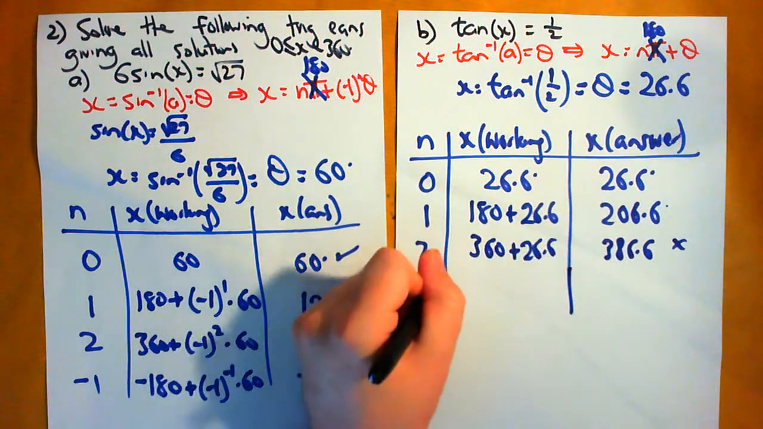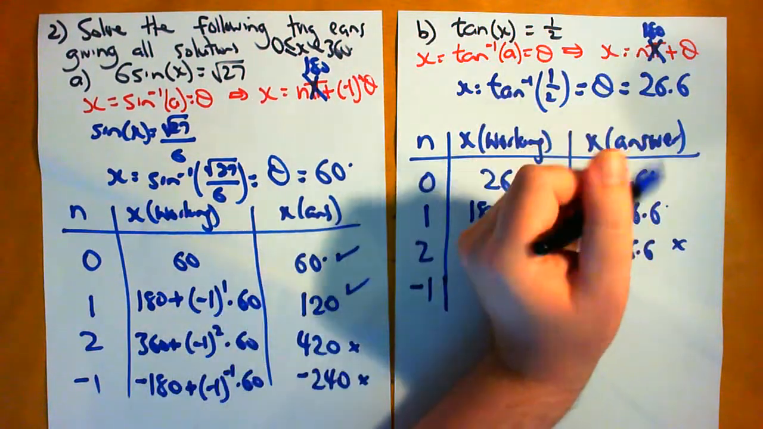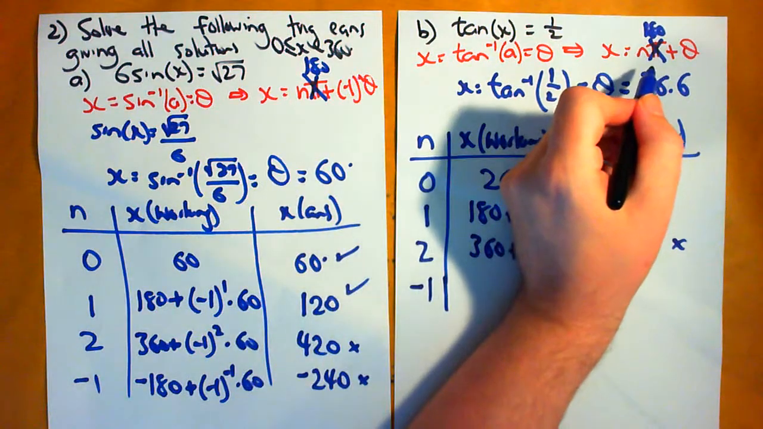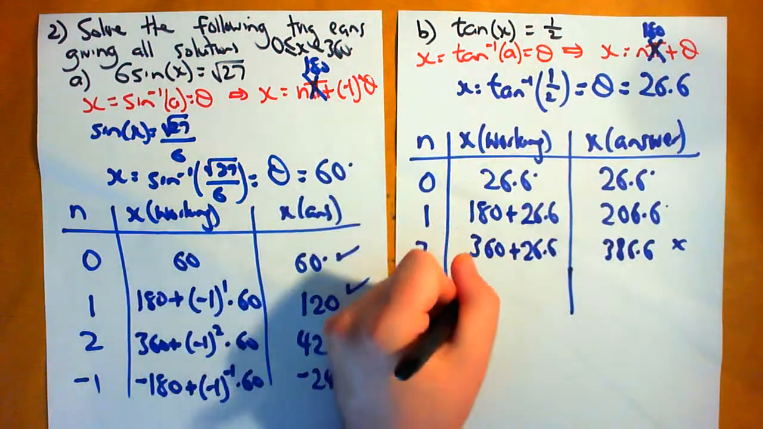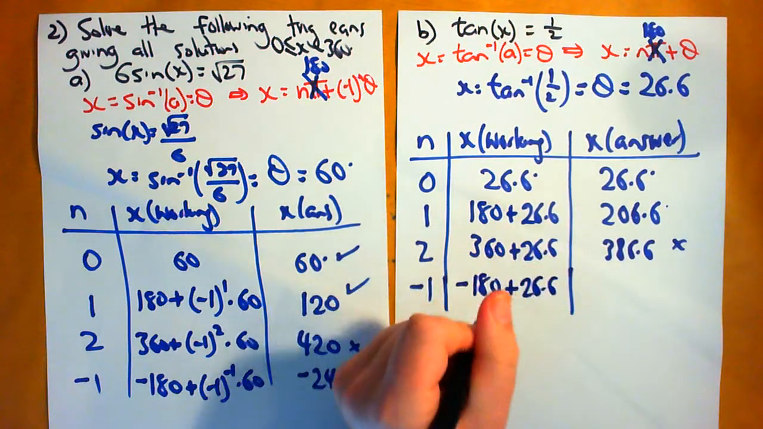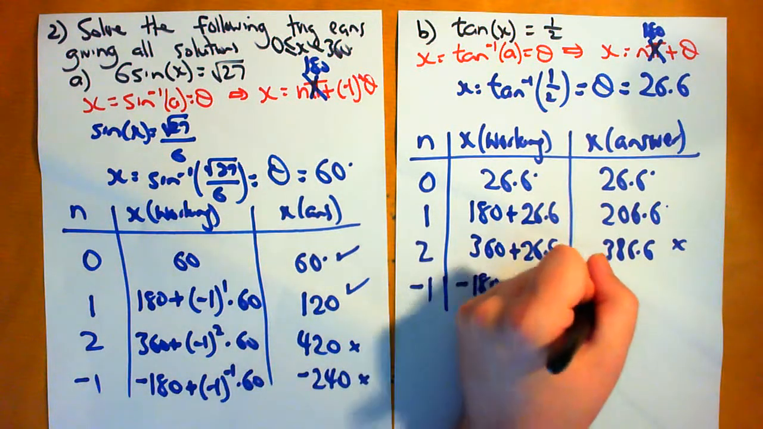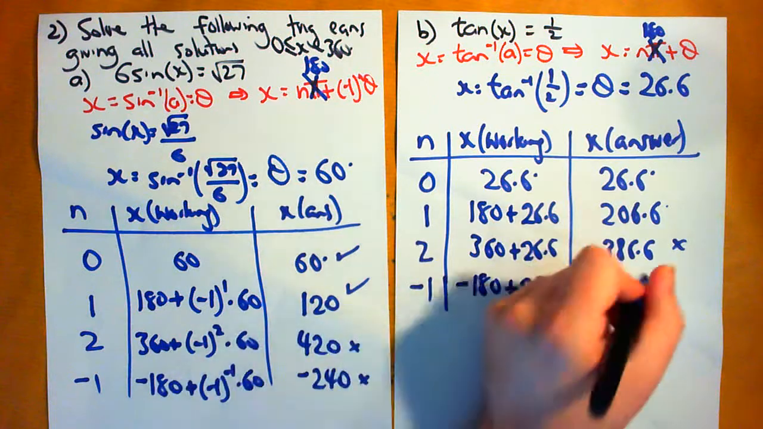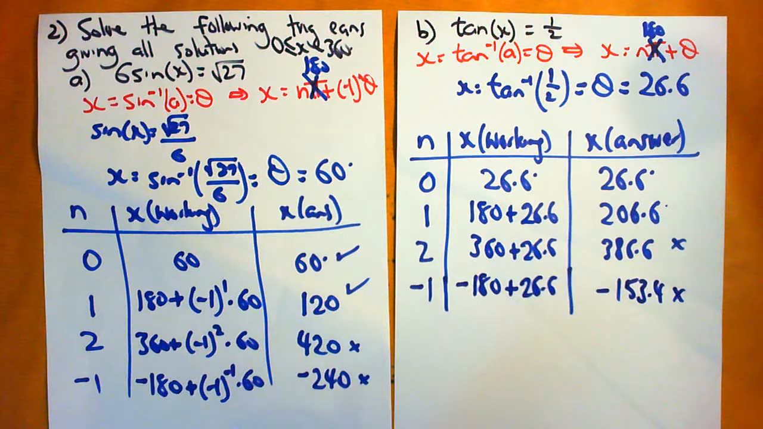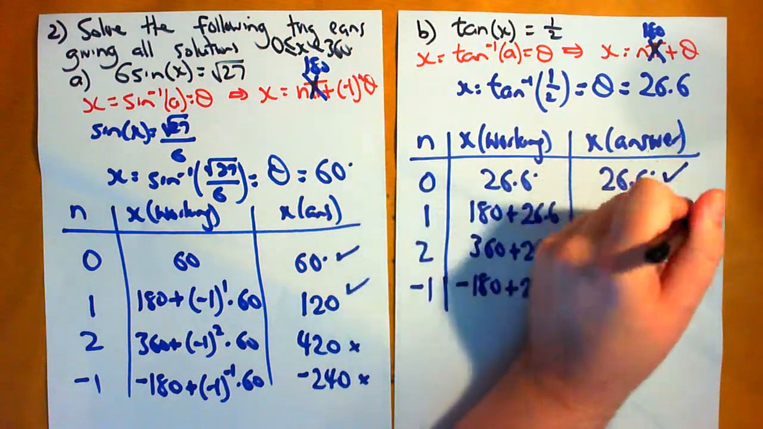Now let's go back to n equals -1 to make sure that we don't have any solutions between 0 and 26. So if n is -1, this is going to be 180 times -1 is -180 plus 26.6, and we can see that that's going to be way negative. That will be negative 153.4, which is way too small. So the only solutions of interest are 26.6 and